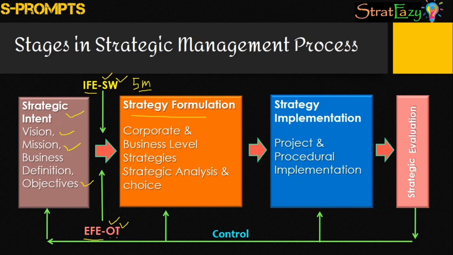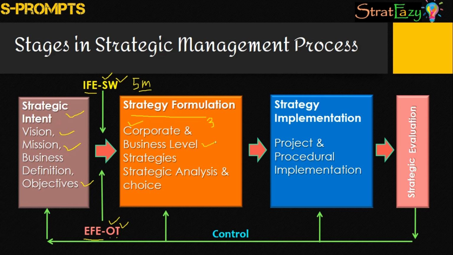In this video, we will be discussing an overview of this internal factor evaluation and external factor evaluation, and then organizations will understand whether there are strengths or weaknesses, and opportunities and threats, and based on these, organizations will go for formulation of strategy. Thus, the second stage of the strategic management process is formulation of strategy, that takes place at three levels. The first is the corporate level. The strategies are formulated at the top management level.